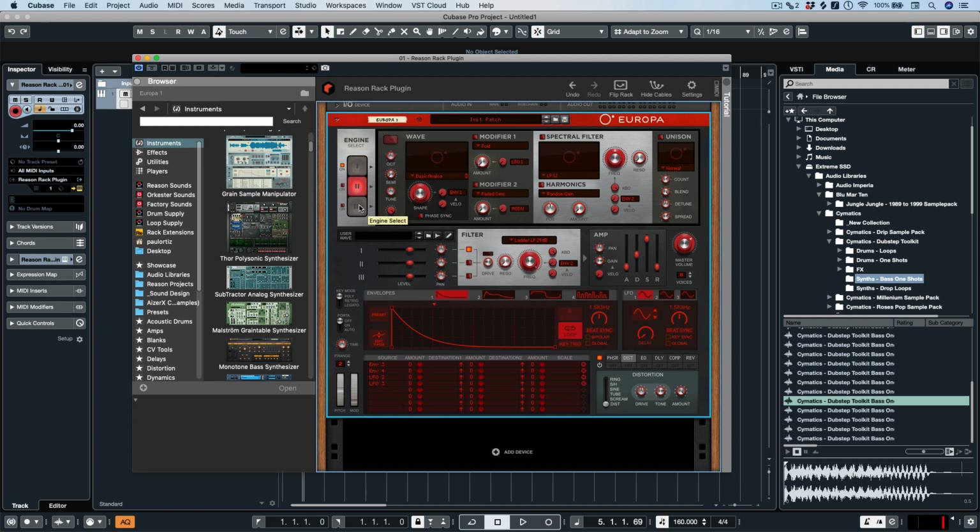And it has 3 of these engines, so you can have one that's doing a kind of normal analog sound, and then maybe another one that's doing all this kind of crazy spectral processing, and so on. But it also has a really powerful modulation section using these 4 envelopes and 3 LFOs. So let's say I wanted to create something simple like a riser. I could just draw in the shape of my envelope however I want it, and I would take envelope 1, drag it to the pitch,